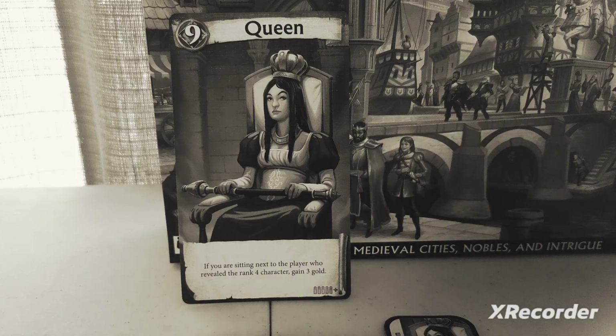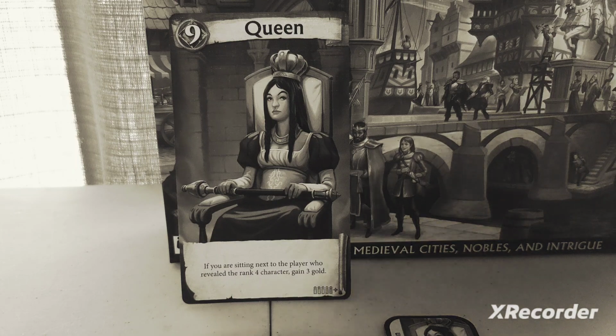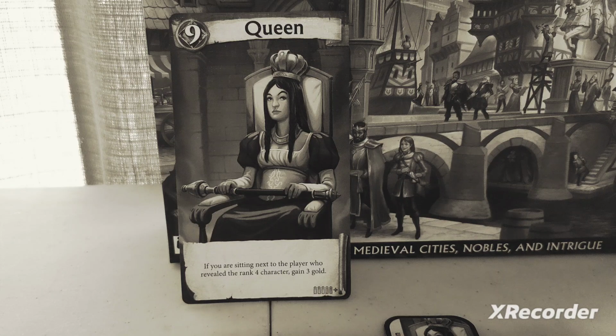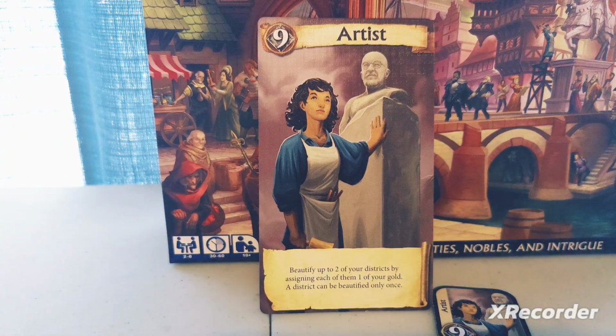So, honestly, not terrible. 3 gold's pretty good. But again, my whole thing with the Queen in specifics is because her ability pops off so late, and you have a 1 in 8 chance of possibly being next to the right person, that it's really difficult to do anything with the Queen. So, honestly, she wouldn't be the character that I would recommend, depending on the circumstances and the way that you build out the way that you customize each Citadel's character. However, I think you should absolutely use